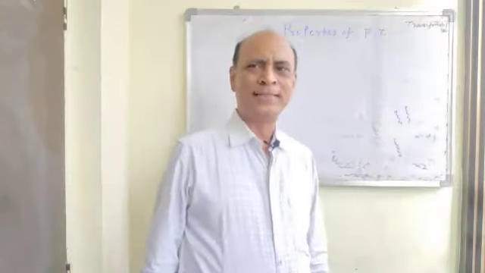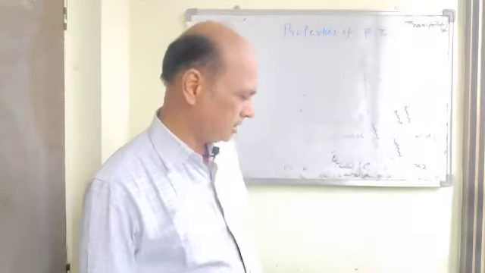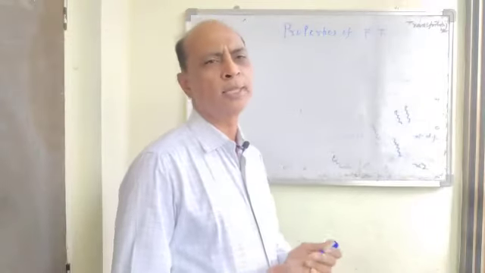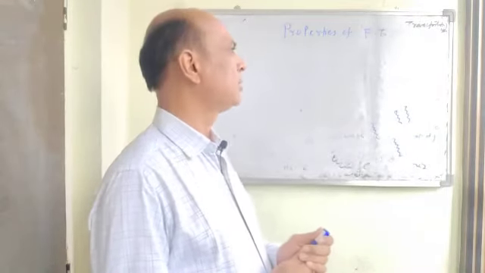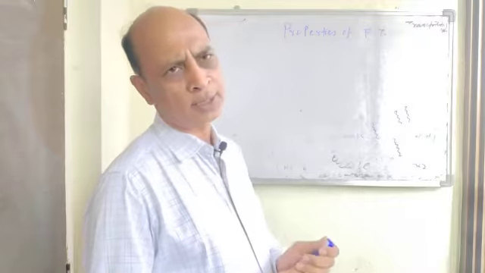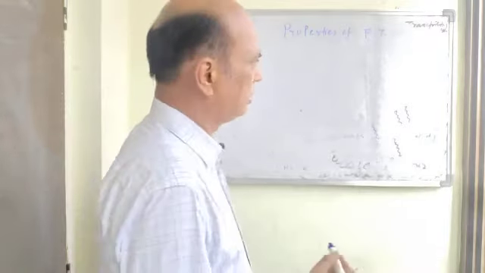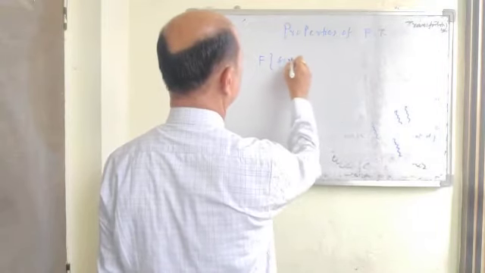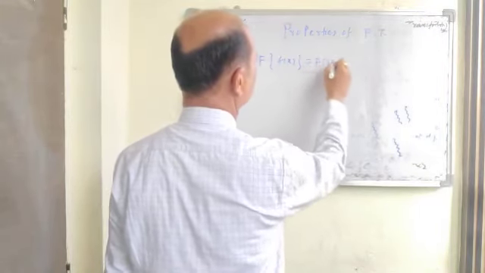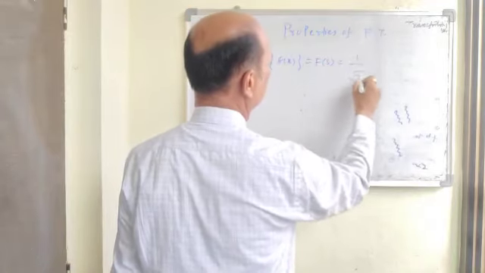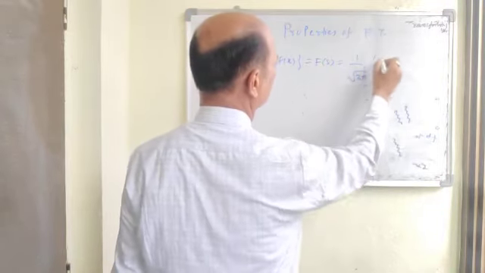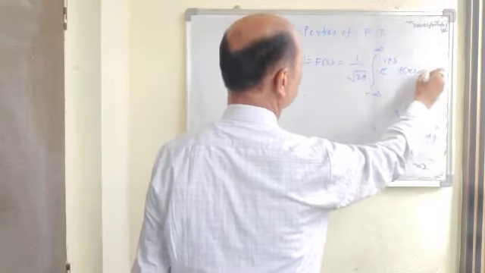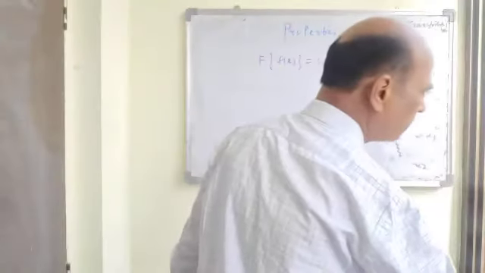Hello students. So in this class we will see some important properties of Fourier transforms, that is Fourier sine transform and Fourier cosine transform. In the previous lectures we have seen the complex Fourier transform, that is F of s, equal to 1 upon root 2 pi integration from minus infinity to infinity e to the power isx f of x dx. So this is the definition of the complex Fourier transform.